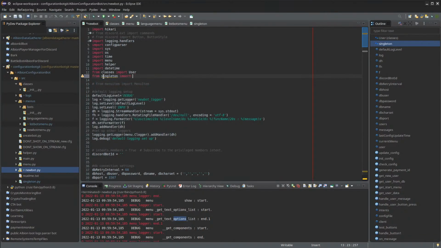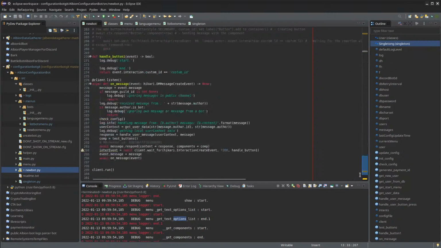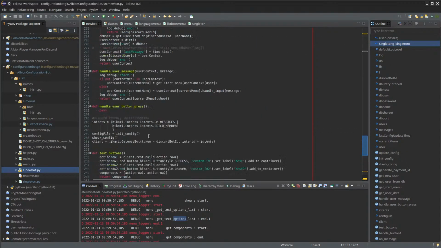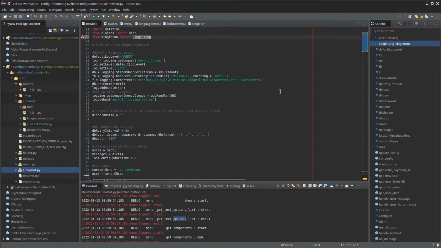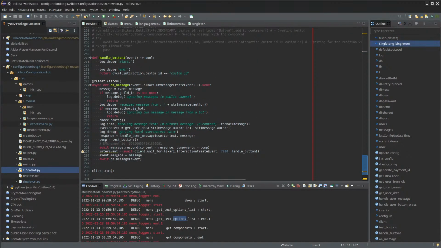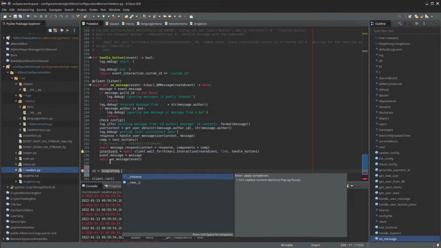Let's do from singleton import singleton, so I can just access it like that. Let's see. Okay, before I run, let's just do a dumb singleton one. Yeah, we'll do the same test they showed. So take singleton,